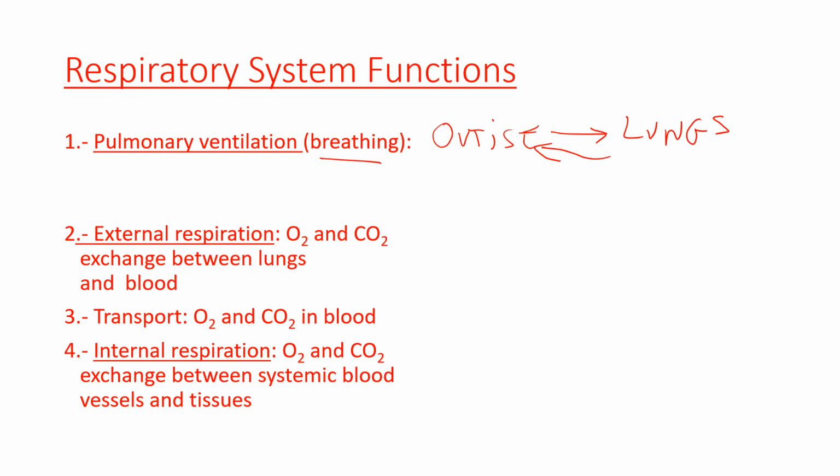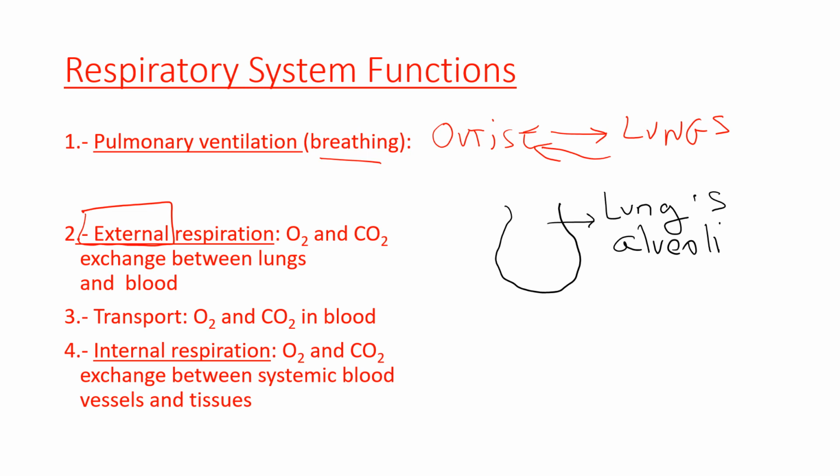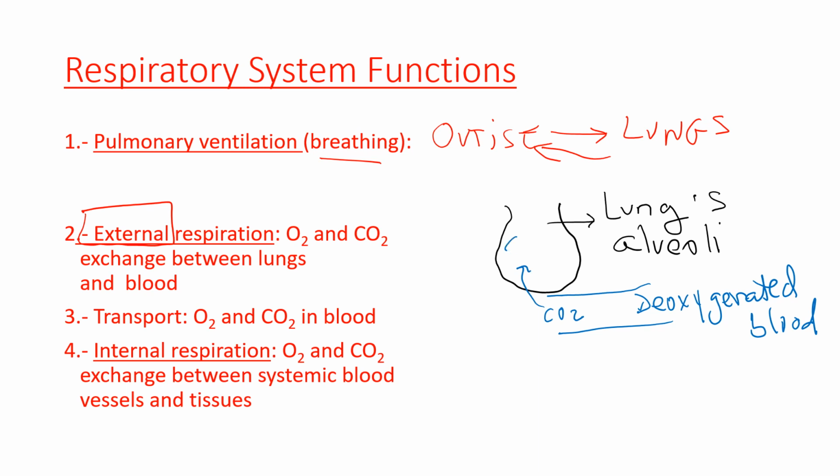The exchange of gases itself, that's what we call external respiration or internal respiration. External respiration explains the exchange of gases between the alveoli of the lungs, which are the air sacs in the lungs, and the circulatory system. So capillaries full of deoxygenated blood arrive at the alveoli, and at the alveoli there is an exchange of gases through which CO2 in the capillaries is moved into the alveoli to be breathed out, and oxygen, which has been brought in through inhalation, is moved into the capillary,